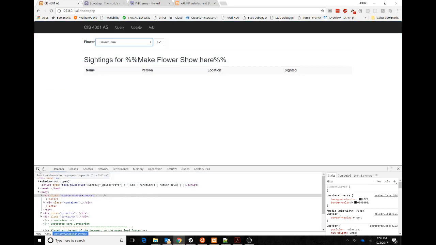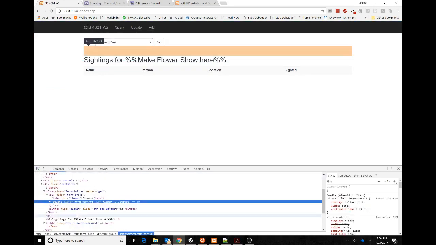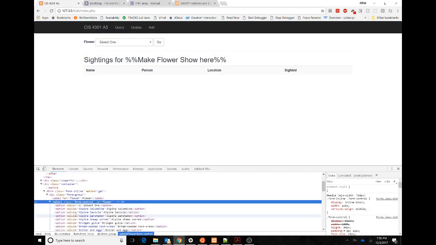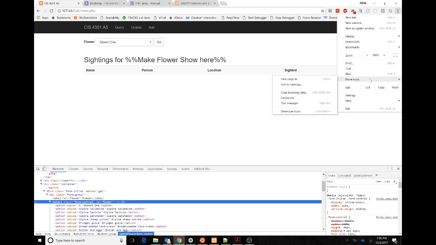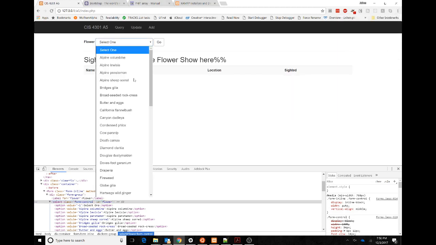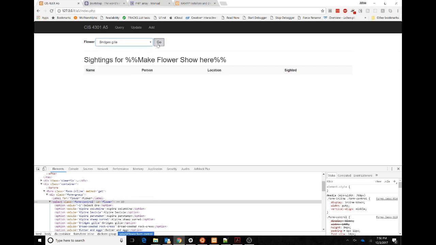Let's see. Down here's my debugging tools that come with all browsers these days, which is kind of nice. And the value, it's there. Okay. So I'm able to see what the HTML code looks like as well as the CSS. And you could turn this on if you're using Chrome, it's Control-Shift-I. But it's also if you go to more tools, developer tools. Okay, so here we have all the flowers in our database. So if I select one and I do go,